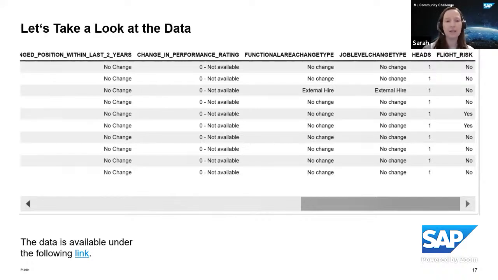You can find the data here in this link via a GitHub repository, and there's also a PDF attached that gives you a really detailed description of each of the fields. So that you can see what is there in each field and what each of these entries mean. In case you have some questions about that, you can, of course, again, come back to us.